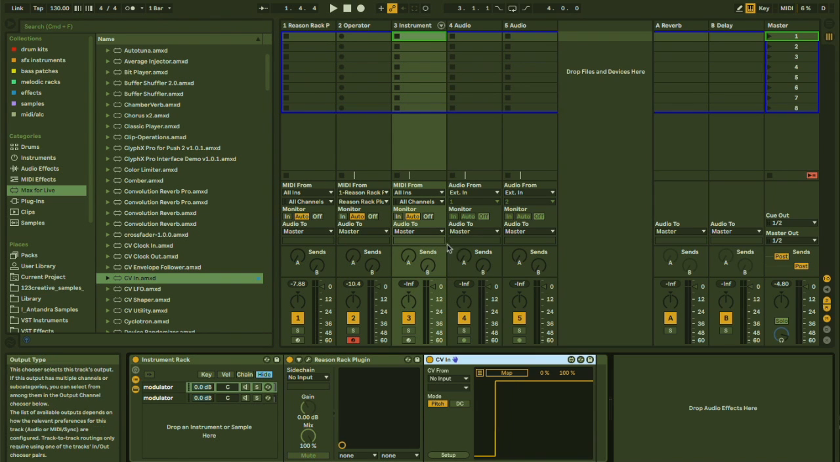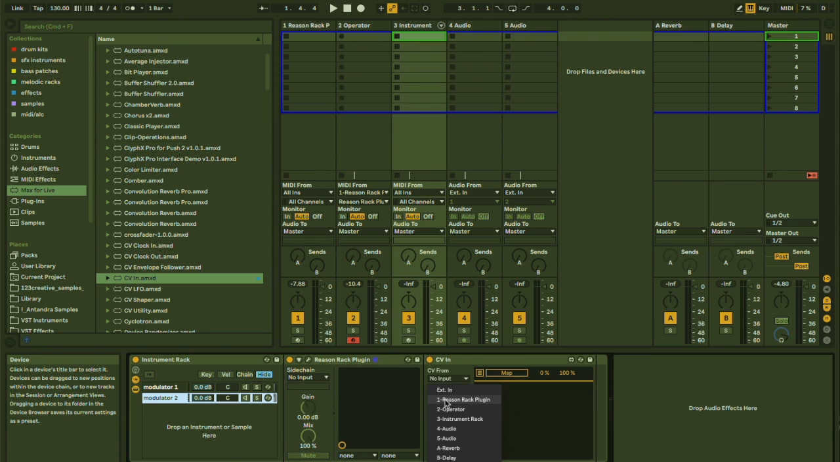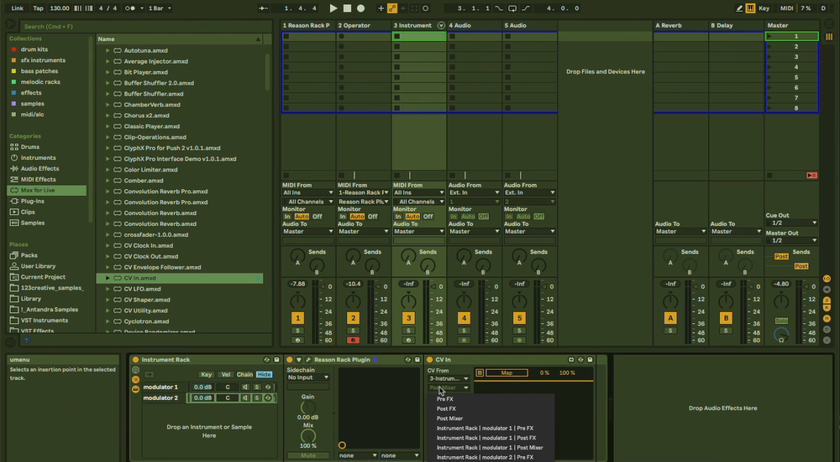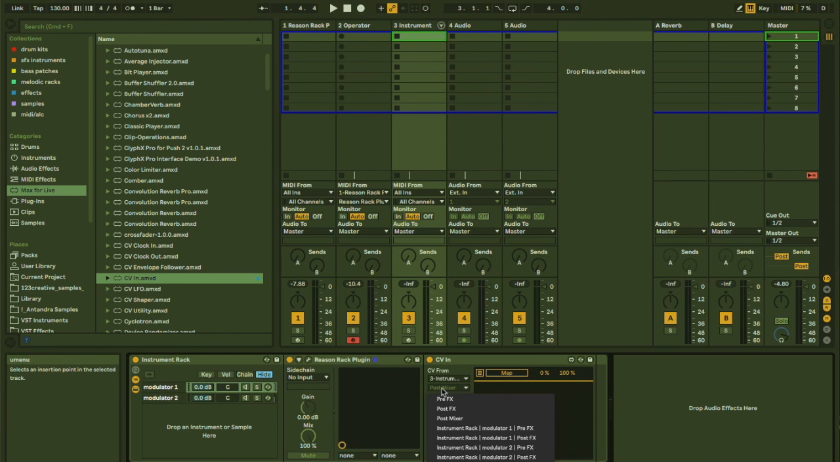So now I can close those, and let's say this is modulator 1 and this is modulator 2, and we can go ahead and take CV from, and we're going to choose instrument rack, because we're on track 3 with the instrument rack on it, and then we're going to go to the modulator 2 pre-effects, and then on the other one over here, we're going to go to instrument rack modulator 1 pre-effects. Then we're going to select DC for both,